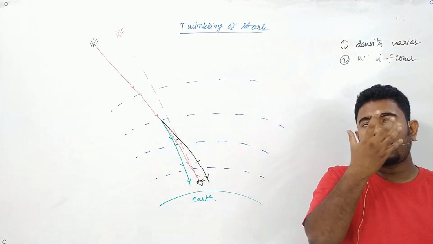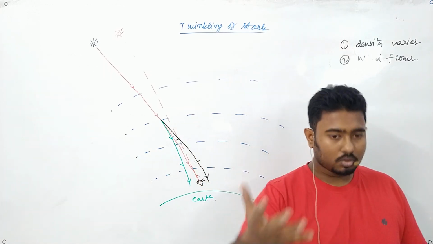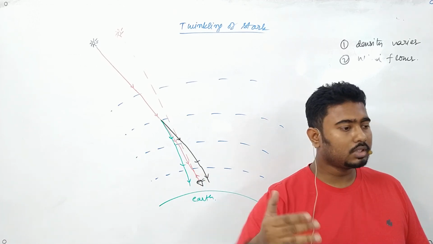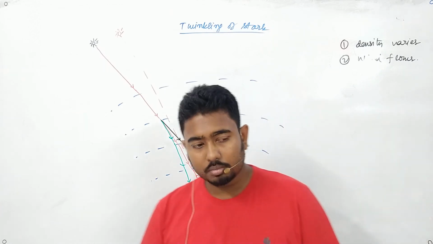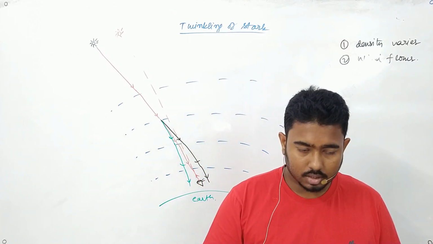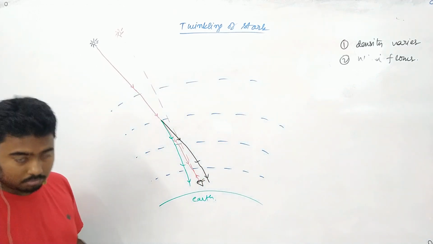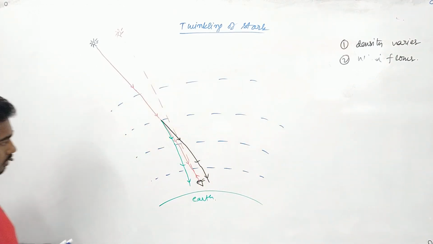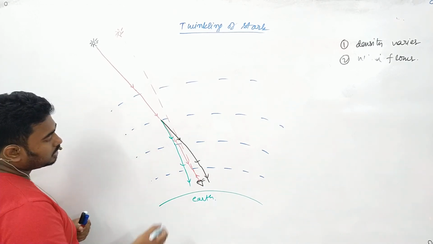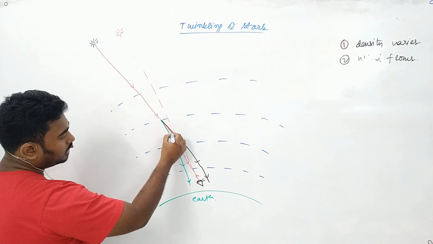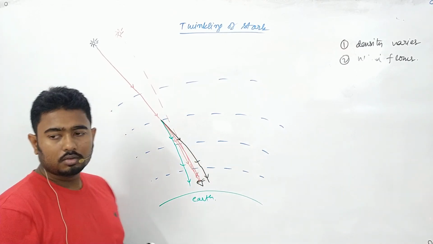But see, my eye is quite big, and air is almost hollow. So if due to the wind the density also changes, it may not change significantly. It may change, but it may change only a very little amount. In that case, remember this point, it can happen that this ray of light may sometimes bend a little and reach my eye from some other portion.